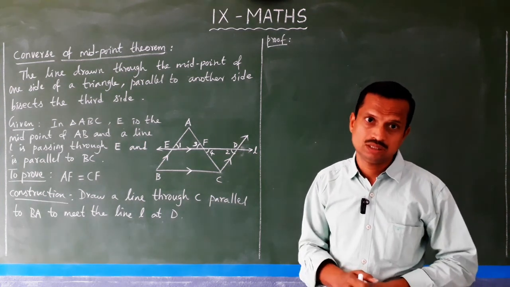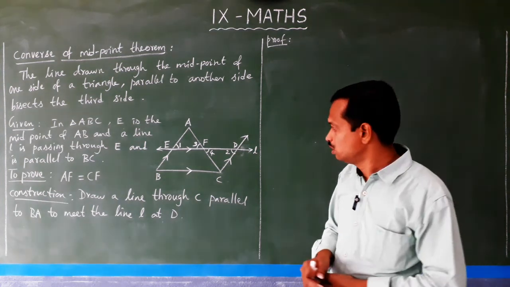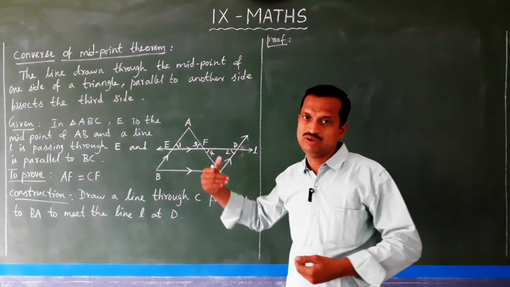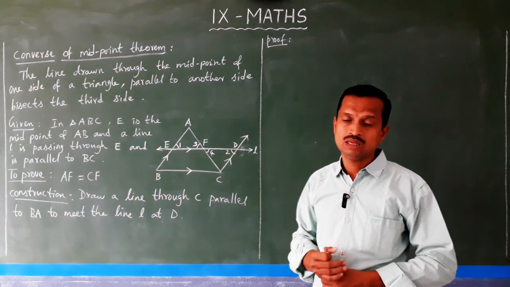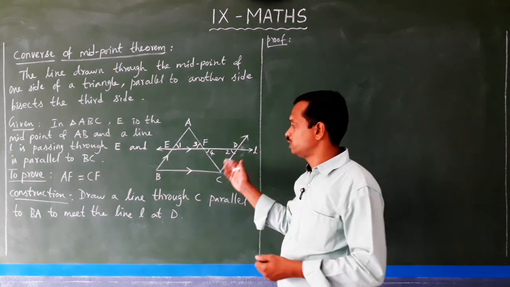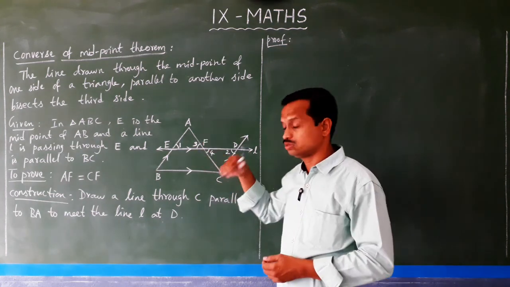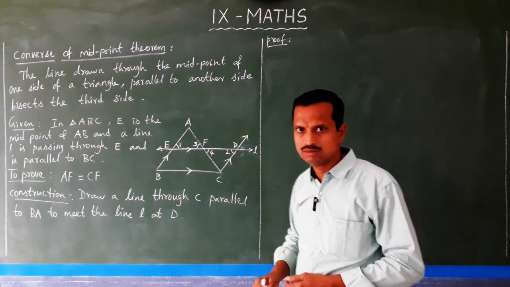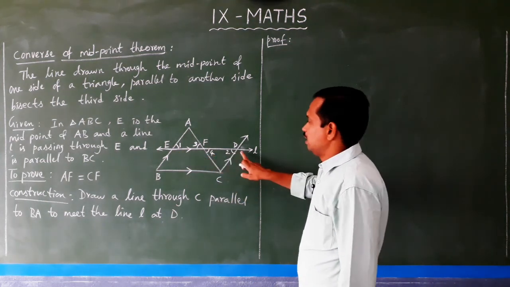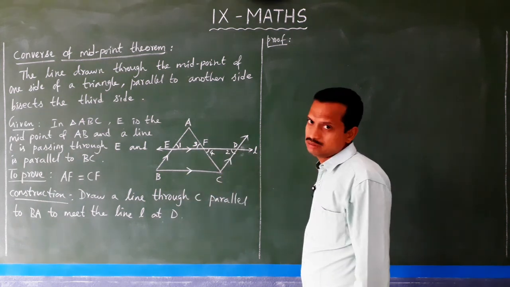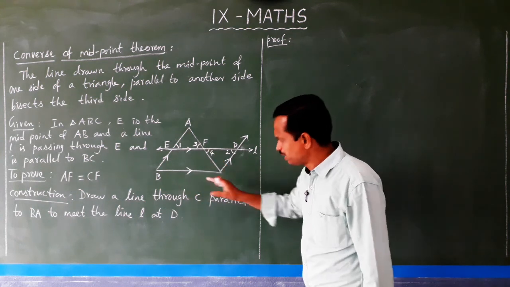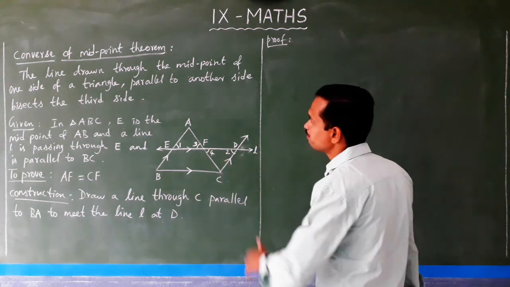For that, the prior thing is we have to say BCDE is a parallelogram. In the midpoint theorem, finally we say BCDE is a parallelogram, the reverse way. But here, first we have to say BCDE is a parallelogram, then the two triangles are congruent, and then we come to this. Clear? So now, we say ED is parallel to BC. Why? Because the line L passing through E is parallel to BC. It is given in the statement itself.